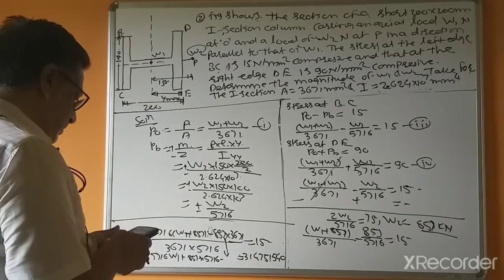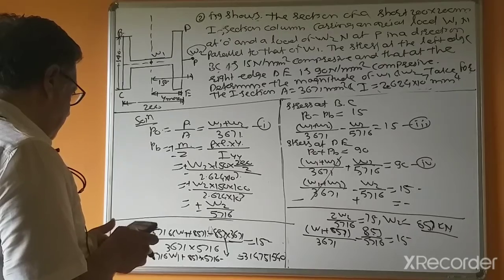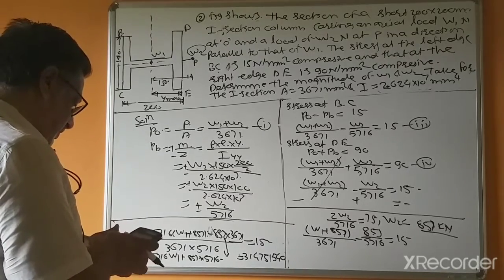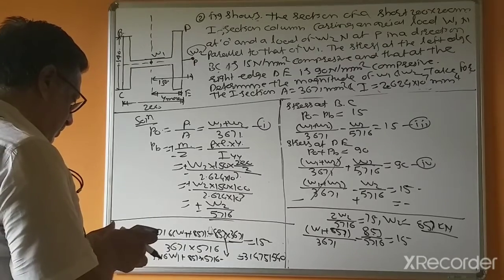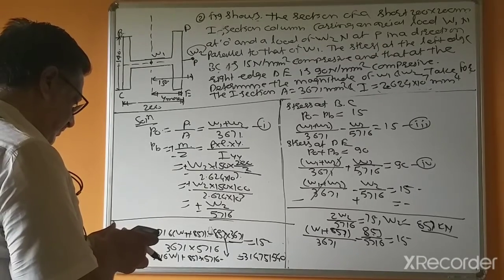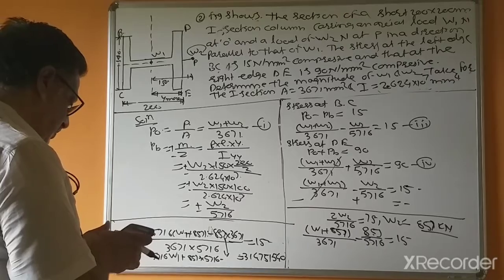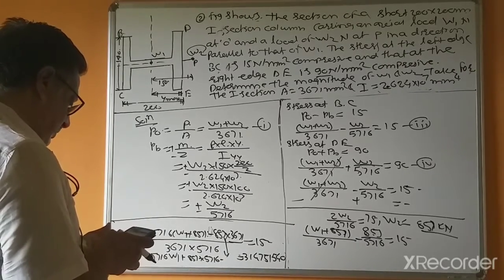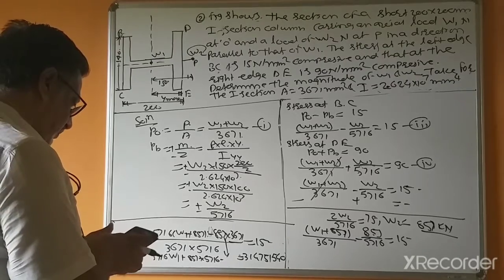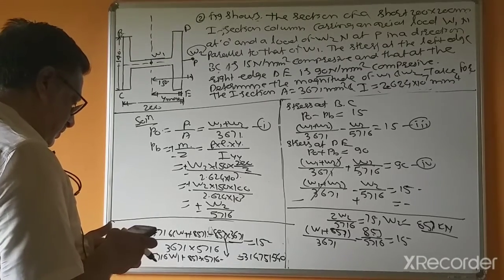So by taking commons, because this 857 is common, 857 multiplied by bracket 5716 minus 3671 bracket close,